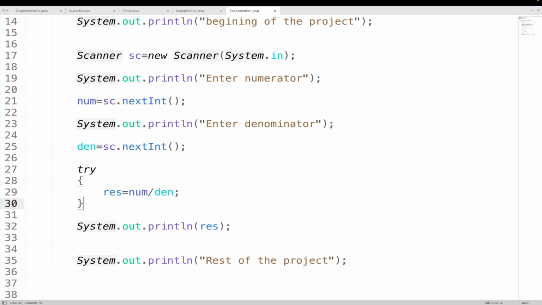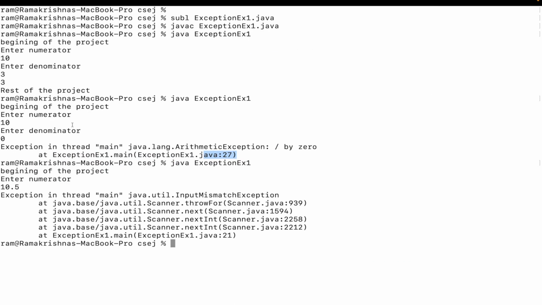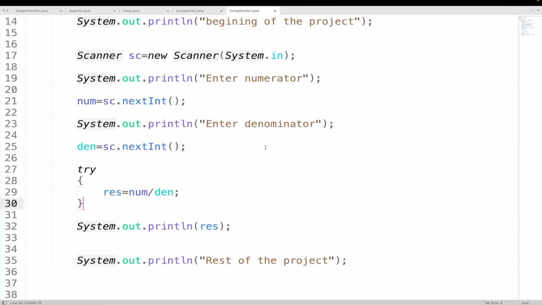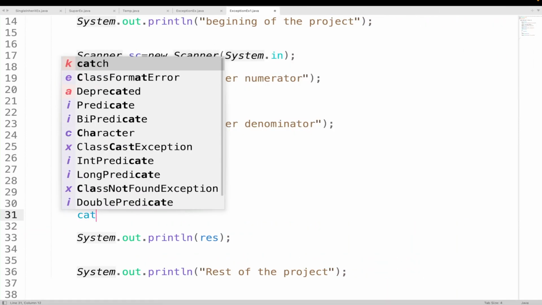Now, what kind of exception has it raised? Now you can observe here. This is the exception that was raised. Now you need to write down the catch block for this corresponding exception, ArithmeticException. So how to write down the catch block? Catch